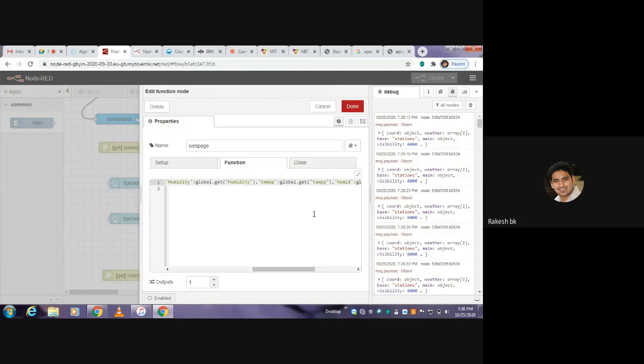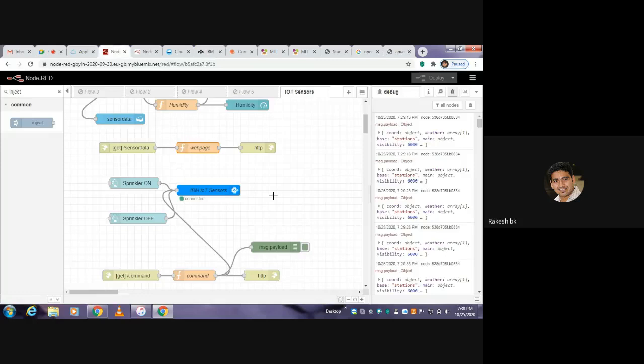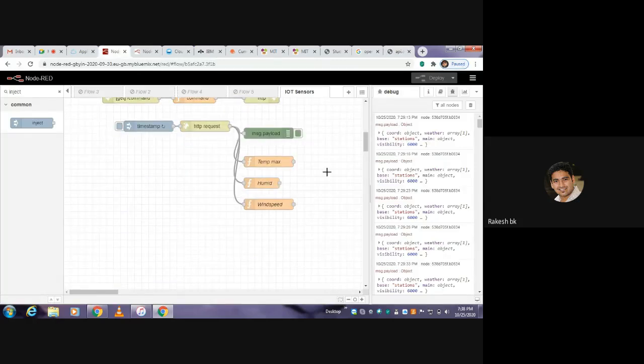These three parameters are obtained from the deployed IoT inbuilt sensors. So you can see that temp, these parameters are obtained from the open weather data. I want to get that globally because I have set it globally. So again, temperature, and I wanted humidity, and finally we'll go with the wind speed, right? I gave just wind here because in the API it is representing only speed, and wind is the main entity. Under the main entity, the speed is mentioned. So I want to mention the speed only to retrieve the data. If not, the data will not be retrieved. Anyways, once we have done all this, connect this, interlink, and deploy it.